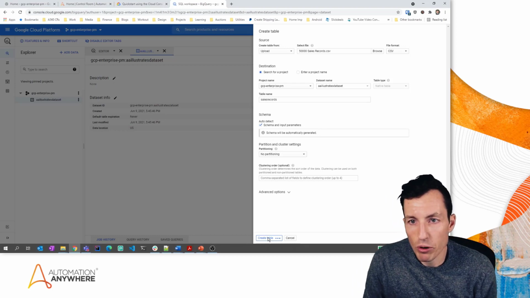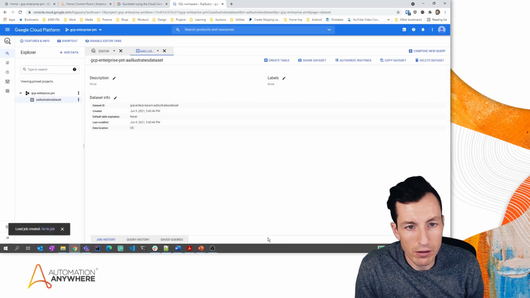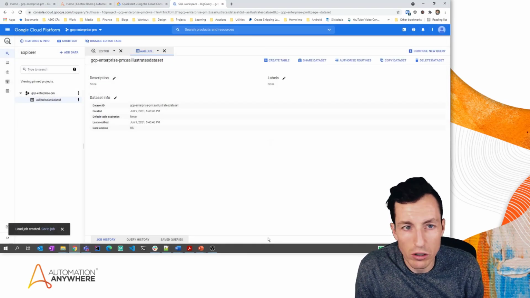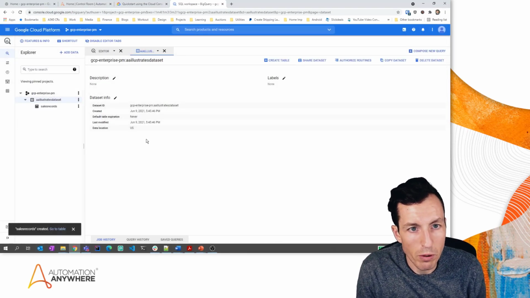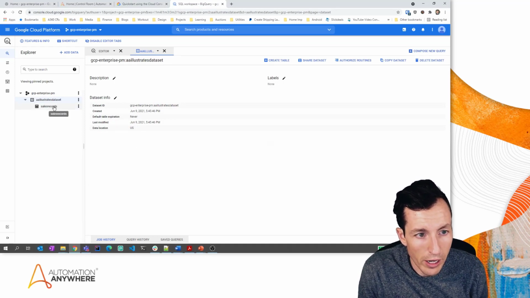And it will import that file and create the table for me. Now, depending on your internet, that might take a couple minutes or no time at all. So you can pause this part if you need to. At this point, my sales records table has been created. So if I click on that,